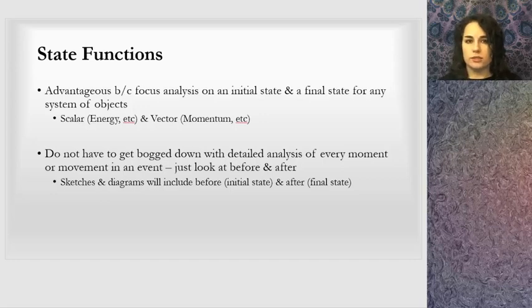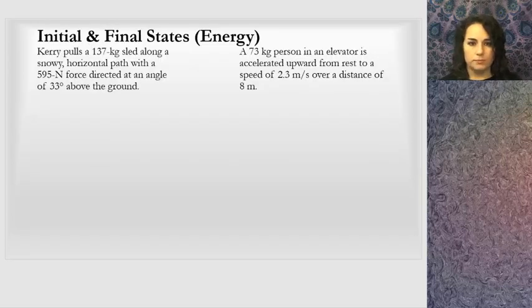So what I've chosen is some different examples that will allow us to look at two different points, and you'll get used to doing this. I'm setting this up so as we move through the problems it becomes more of a conscious thought for you. What is the initial, what is the final, before you even start getting into the details of solving the problem, just conceptualizing what's going on at those two points in time from basic information given in problem statements. So, for instance, we're going to work on the Kerry pulls the sled problem.